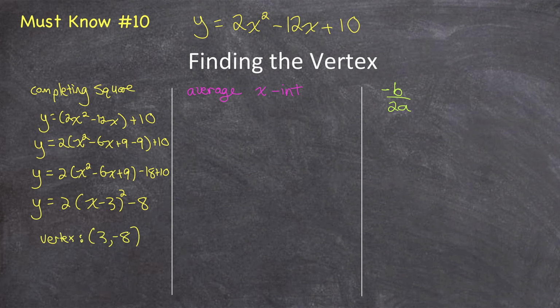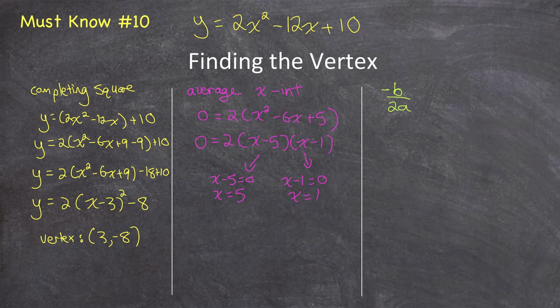Let's see another way we could find that by first finding the x-intercepts of the quadratic. So I'll set y to 0. And let me common factor out a 2 while I'm at it. And now I'll try and factor this quadratic by finding numbers that multiply to 5 and add to negative 6. The numbers that satisfy that product and sum are negative 5 and negative 1. I know this product would be 0 if any of the factors are 0. X minus 5 could be 0 if x is 5, and x minus 1 could be 0 if x is